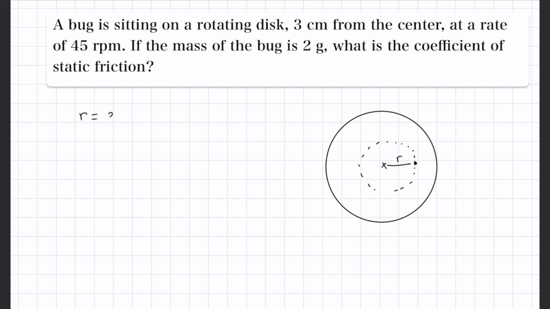That distance, 3 centimeters, we'll write as meters, so we would divide by 100 to get that into meters. And then our angular velocity is that 45 rotations per minute, and we can convert that by saying 2 pi radians over 1 revolution and 1 minute divided by 60 seconds to get that into radians per second. And that gives us 4.8